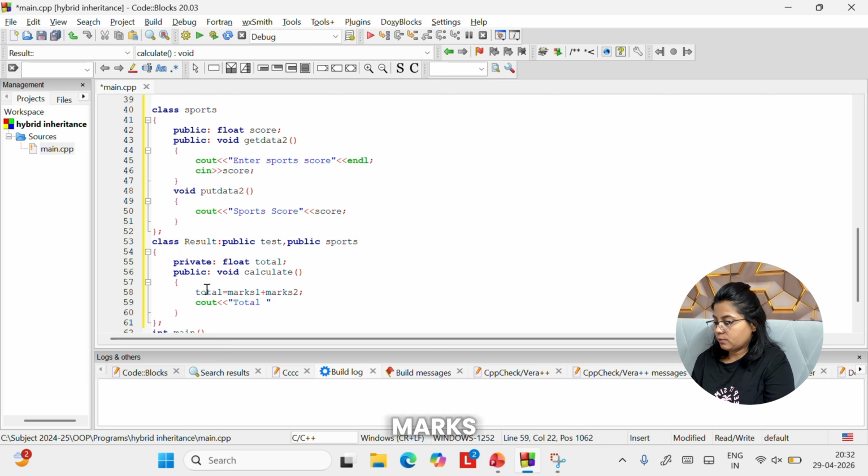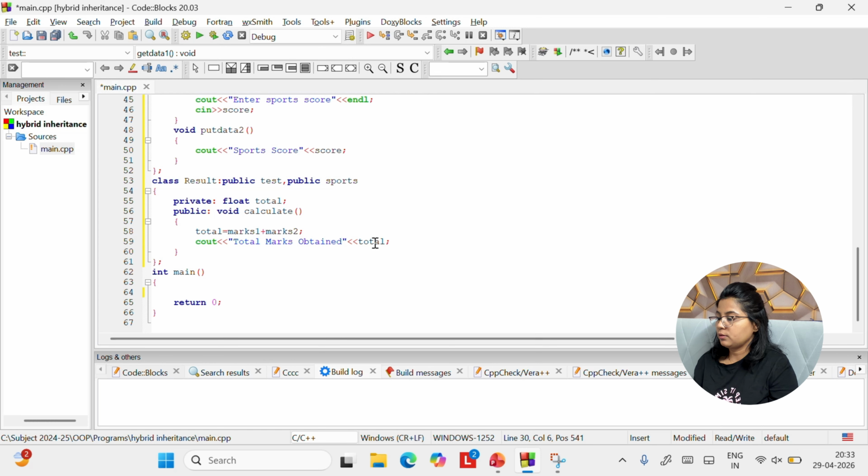now as we have seen, we have calculated the total here, but before that I need to take the value of marks 1 and marks 2 from the user, as we have written over here, right? Enter the marks. So now we need to follow certain steps for getting the output, right? Means we need to first call all the get data functions, then calculate function to calculate the marks and total, and then finally display the total, right? So what we will do is we will create object of derived class, right?